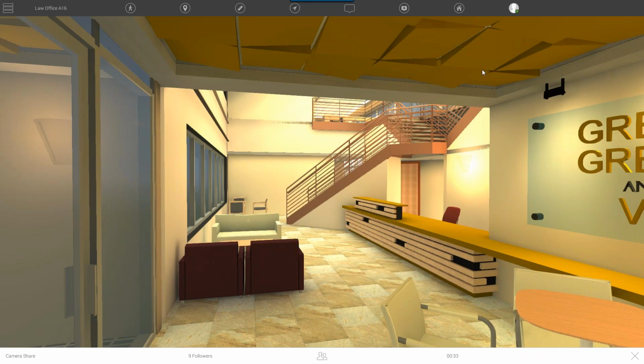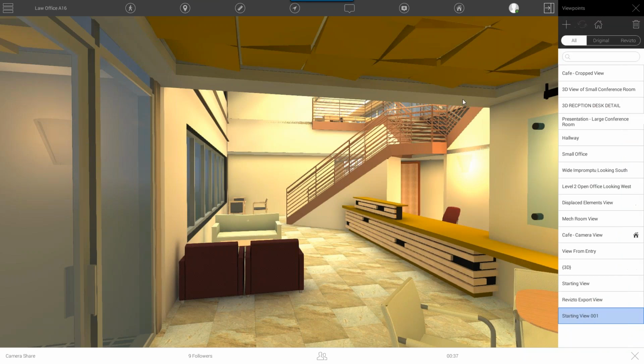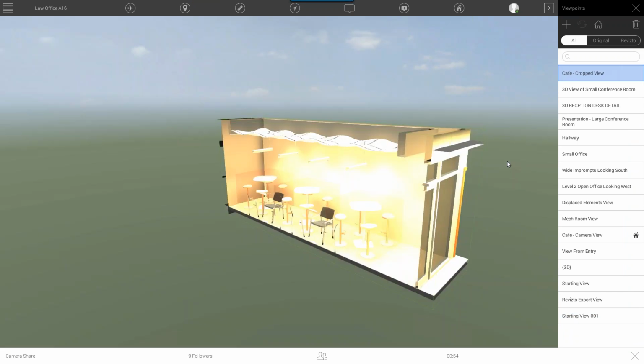So the first one, as I already mentioned before, was the fact that all the 3D views are here, so we can jump around within the model by just picking these different views. If there's a section box involved, that will be basically respected by the viewing software.